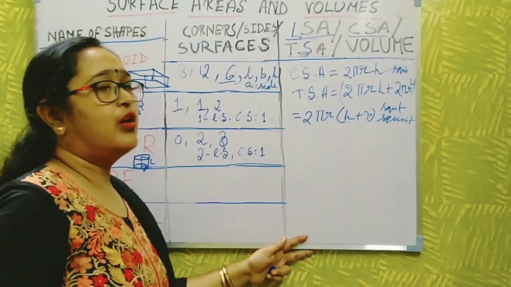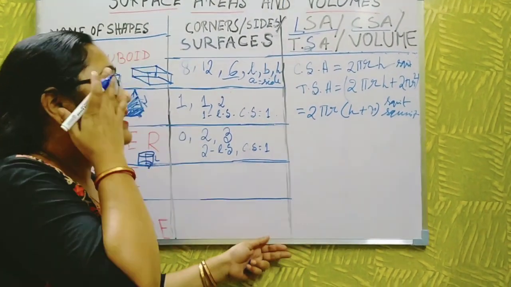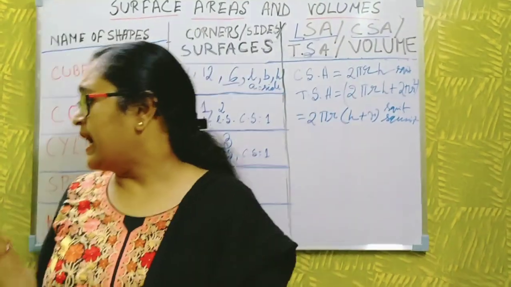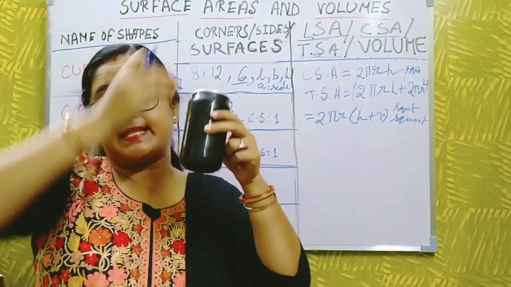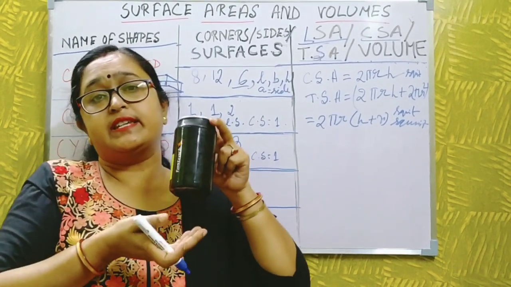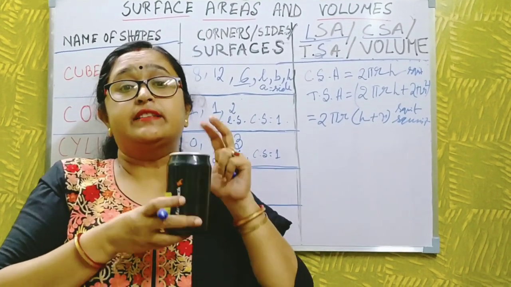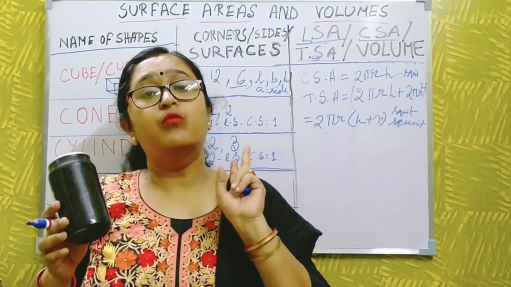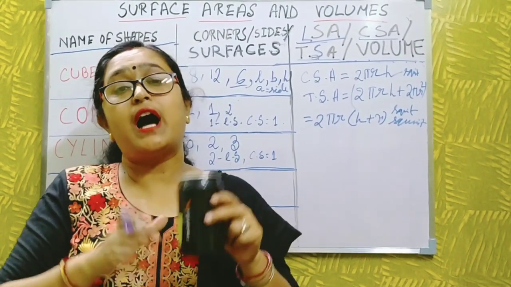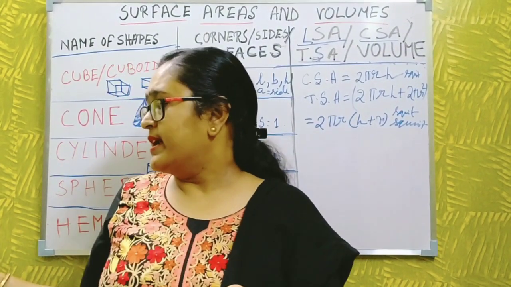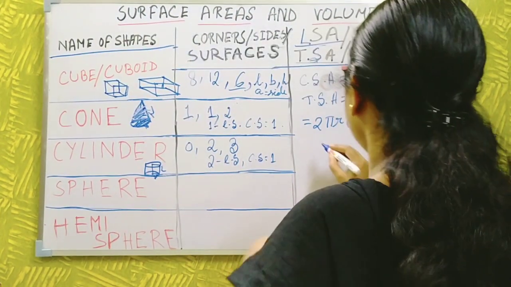Okay. Now the volume. Now I discuss about the volume. Volume means how many spaces are there inside this box, how many spaces are there? This is called the volume. Inside the box, how many spaces are there? This is called the volume. Okay. Now the volume becomes